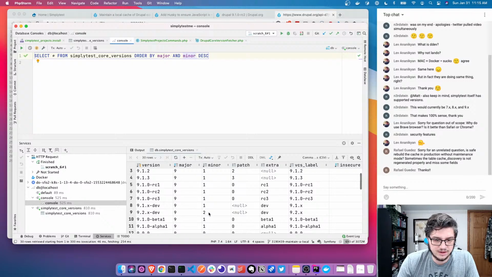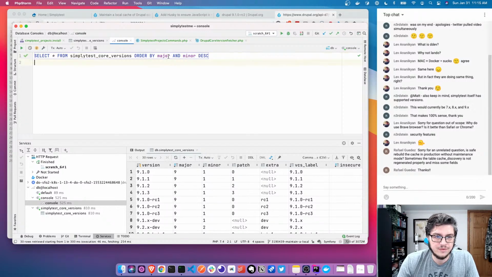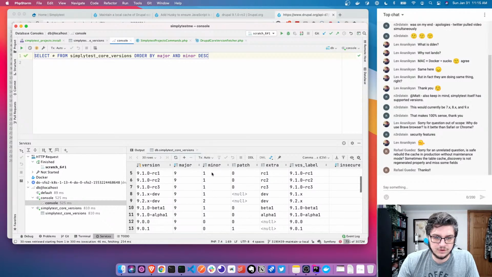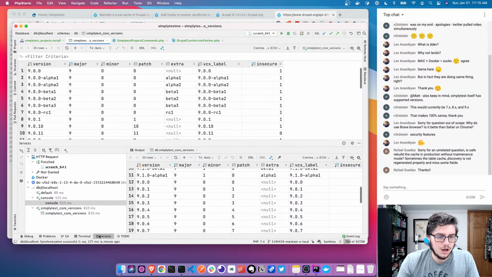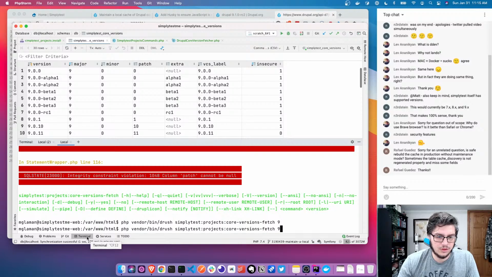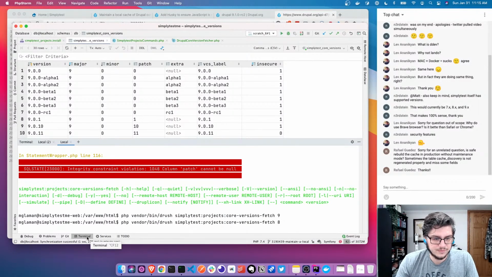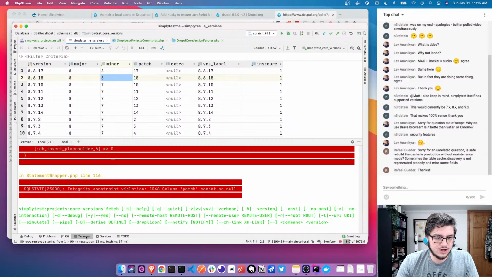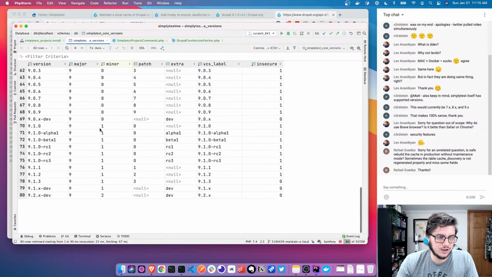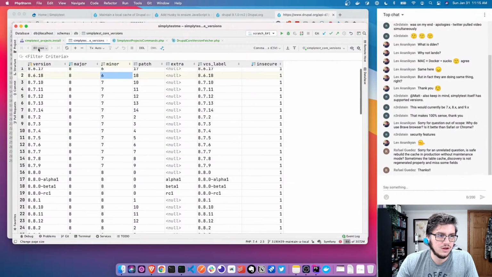Although it's odd that, no, maybe I just don't know how to write SQL either. But we should be able to sort by the major version and then the minor version and get them in an order. So let's run this now against Drupal 8. And I think this is where we'll need to add some pagination to a few things because we wouldn't get all of the core versions. Yeah, we've only got